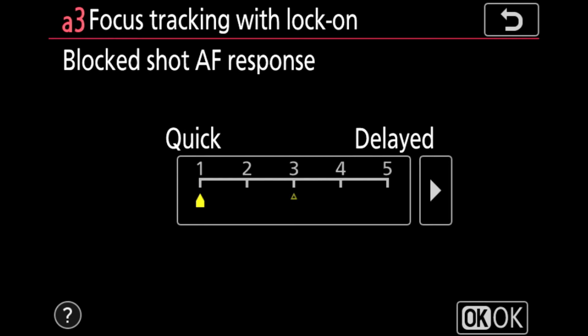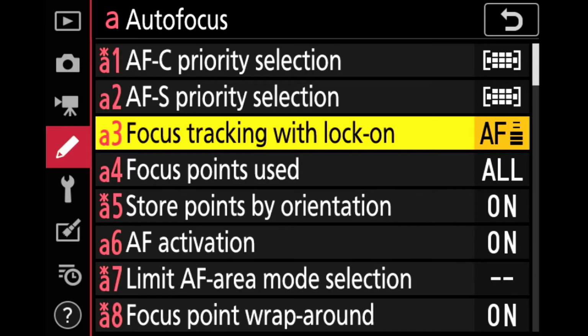For example, when we are shooting animals or birds in motion, some object may come in between and we may lose focus on the subject. So how fast a response do we want for this focus change? You can make it quick or you can delay the response. Usually the default setting is 3, and I have kept it at the default 3 only.